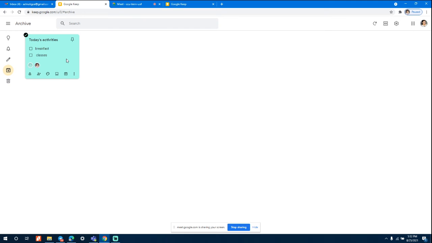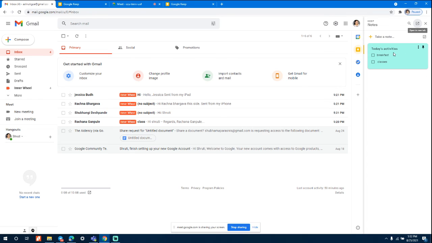When I clicked on Keep in my case, I found out that whatever notes I have saved in my phone have automatically been loaded. Maybe because your phone has the Keep app, and you have downloaded Keep in your phone. Those are the notes which I have on my phone. So it has automatically been added. And when you open your Gmail, your Keep lists come here as well.